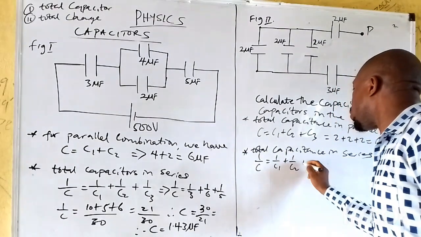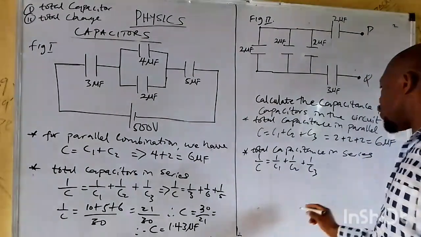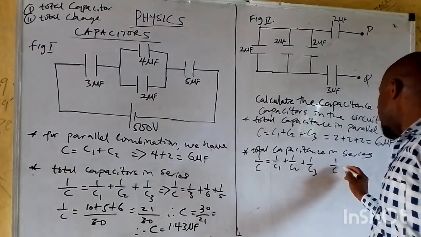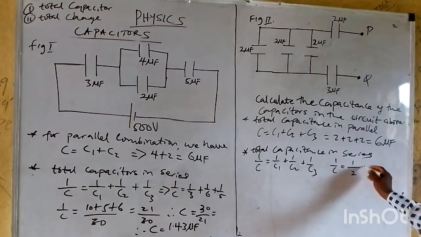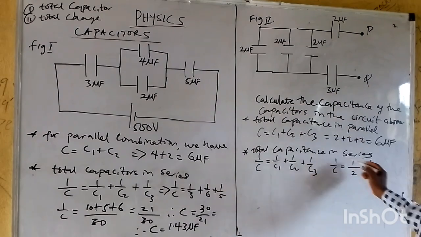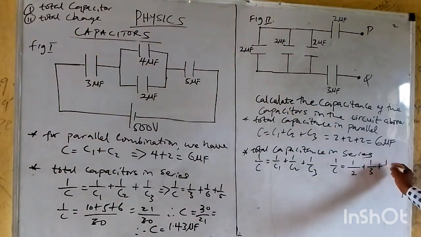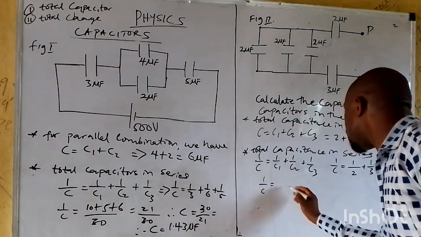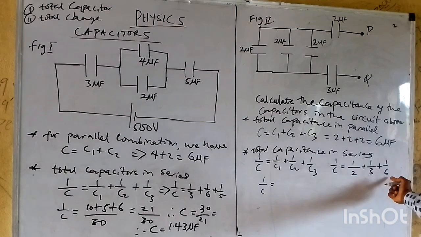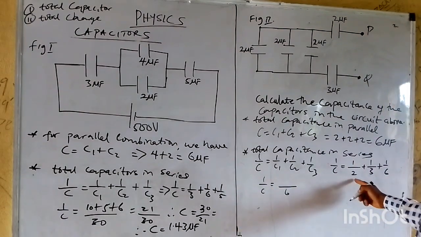over C2 plus 1 over C3, which will now give us 1 over C equals 1 over, the first one here, you can say 1 over 2 plus the second one, 1 over 3 plus combination of this one, which is 6, 1 over 6, which will now give us 1 over C is equal to LCM of 6, 3 and 2 is 6. Now 2